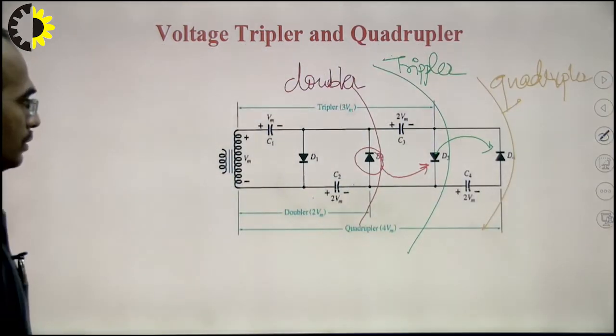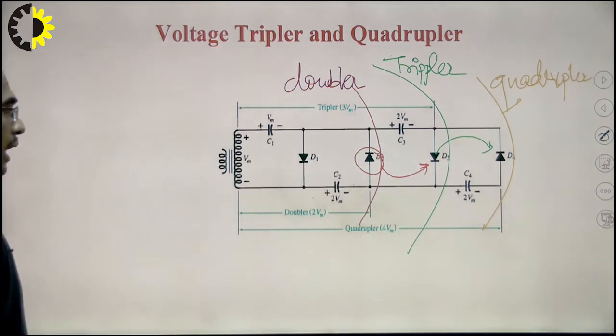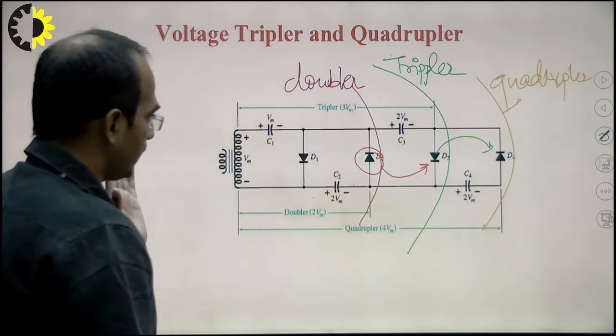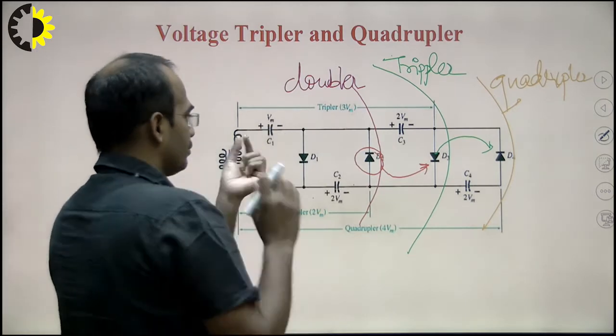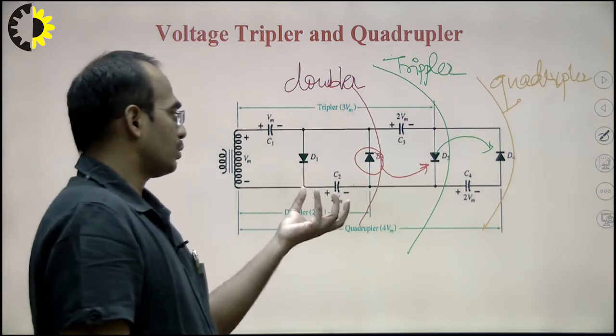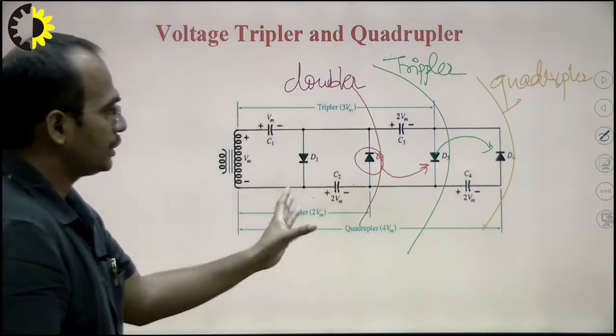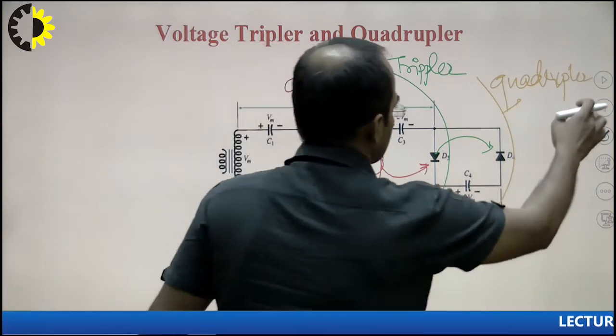Okay. So for understanding this voltage tripler circuit, I will use the same concept. It is well known that capacitor C1 is charging up to the value of Vm. The charge stored across capacitor C2 is twice of Vm. Vc1 is Vm, and Vc2 is twice of Vm. So I am going to discuss the next circuit.